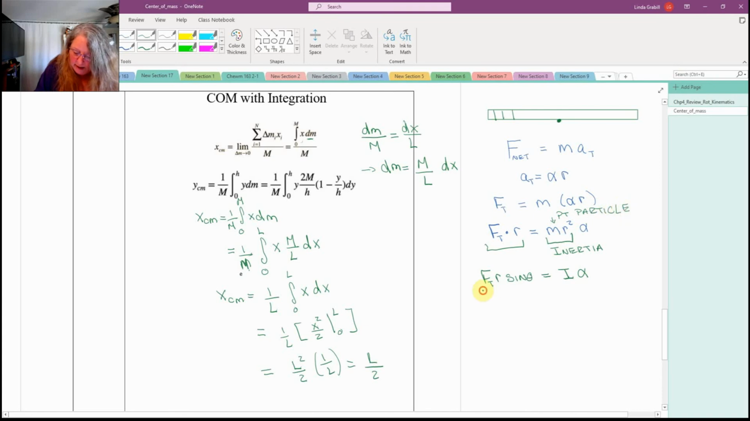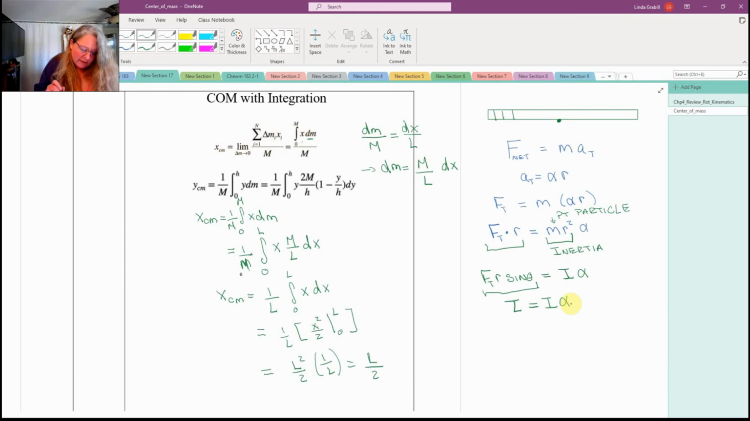And this, F R sine theta, or F_t dot r, this is torque. So we define torque in terms of inertia and its rotational acceleration. Nice. What we're going to see, and the reason why I left this page up, is I can look at this now and say, okay,